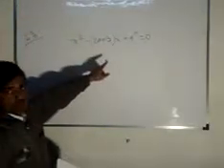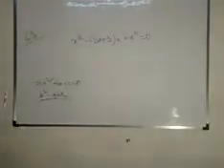It has two roots. Suppose I consider the general equation x square plus bx plus c is equal to 0. This is a quadratic equation, it has two roots, and the discriminant is b square minus 4ac. The next condition is that this equation has real and equal roots. If these two roots are equal, then the discriminant is 0.